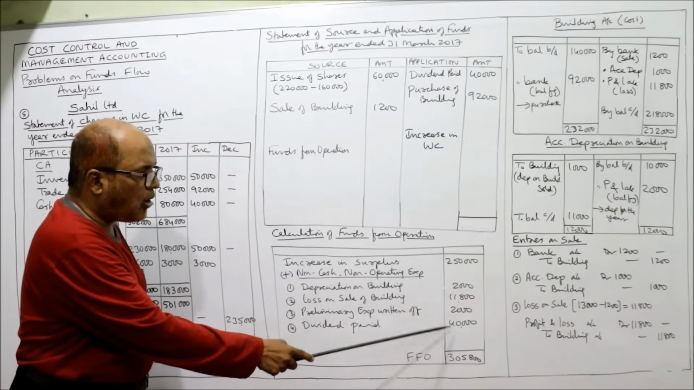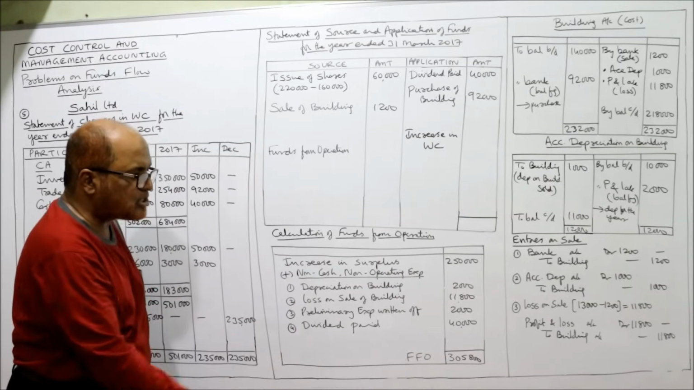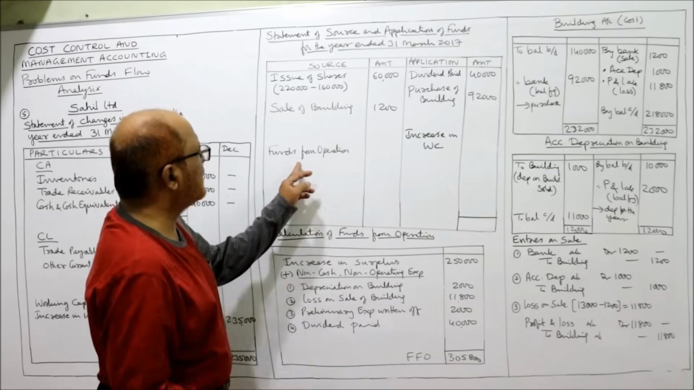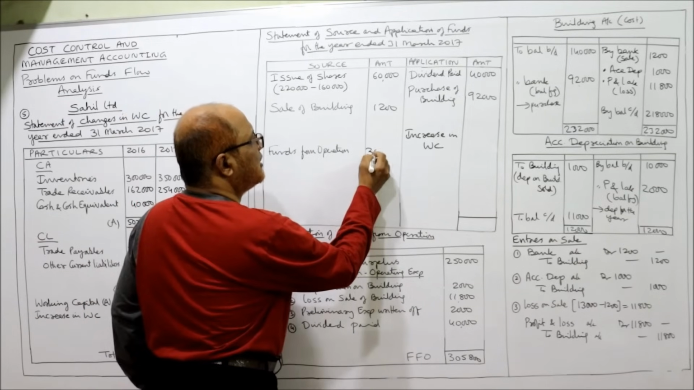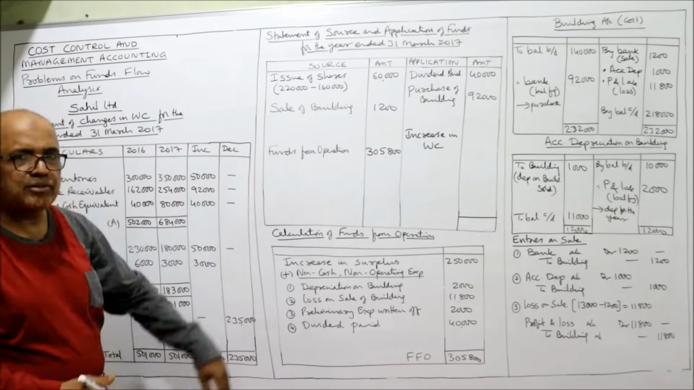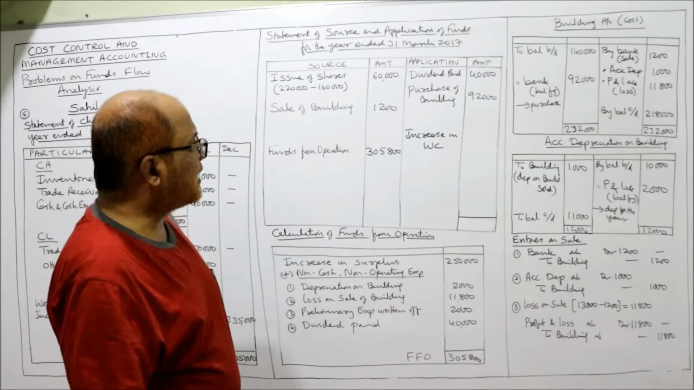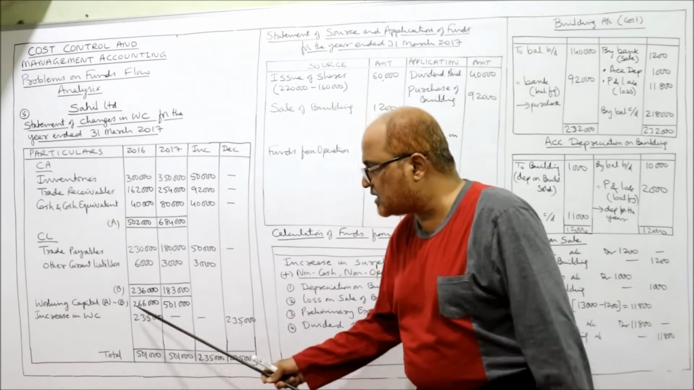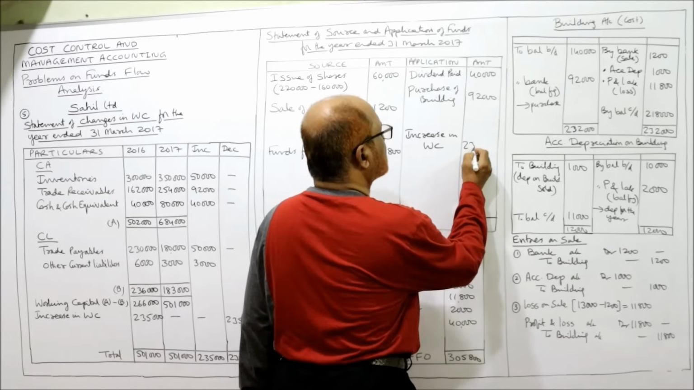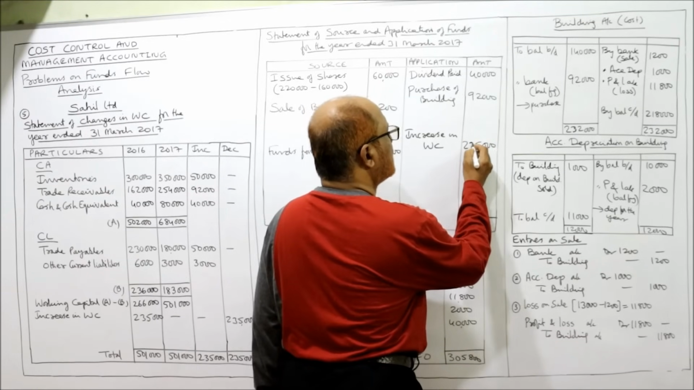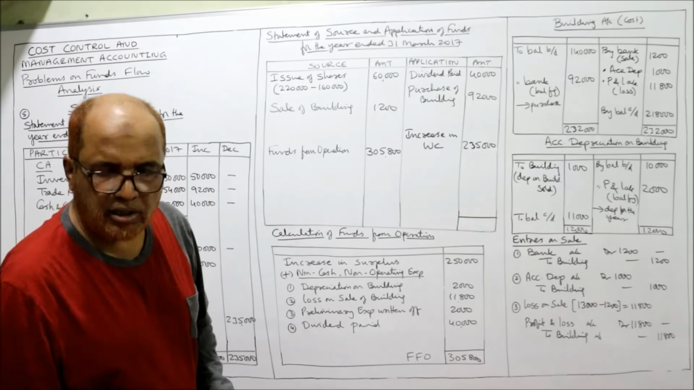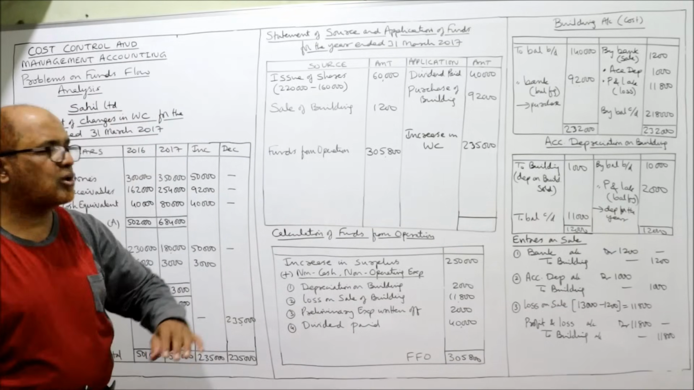So if you add all these values, you are getting funds from operation 3,05,800. So here funds from operation 305,800. Now lastly, increase or decrease. Here we got increase in working capital 2,35,000. So here I am taking 2,35,000. That's all. Completed. Now if you do not commit any mistake, then the total of source and application will